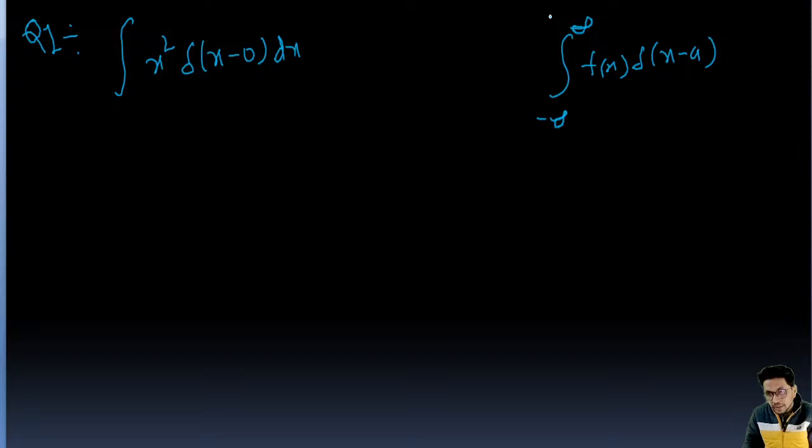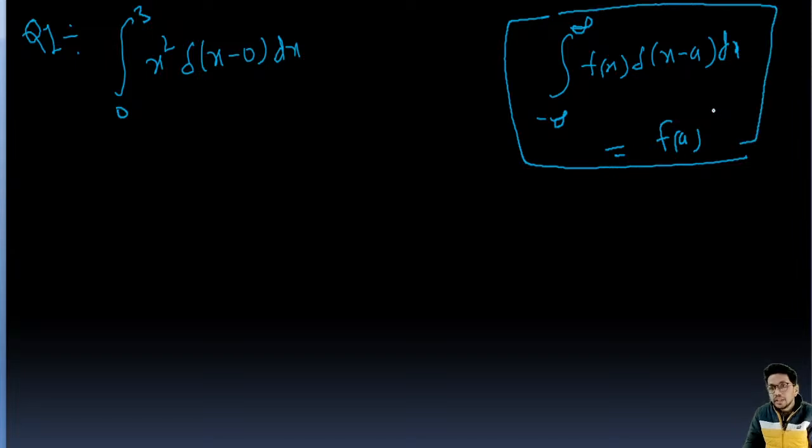Minus infinity to plus infinity. This is 0 to 3. Okay, this we know, right? This is the property: integral from minus infinity to plus infinity of f(x) delta(x minus a) dx is f(a), okay. And a is a number that is between minus infinity to plus infinity. Then we use this formula, right? So here we are going to use the same formula. 0 is between 0 to 3, right? So we can write f(a), that is x, and the value is 0, right? It is going to be 0 whole square, and the value is 0,